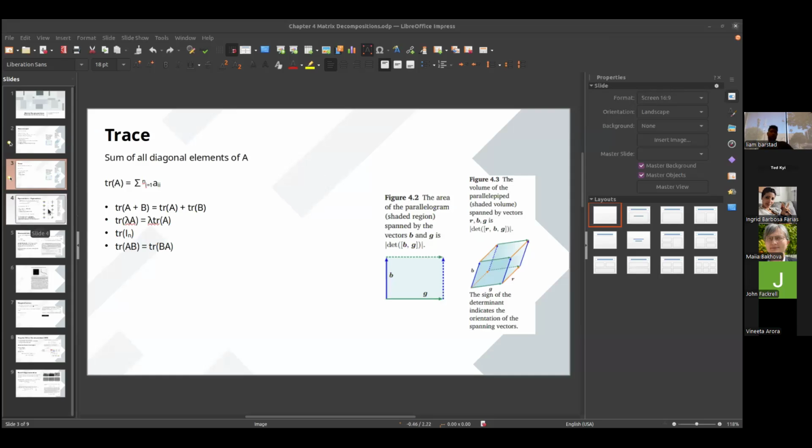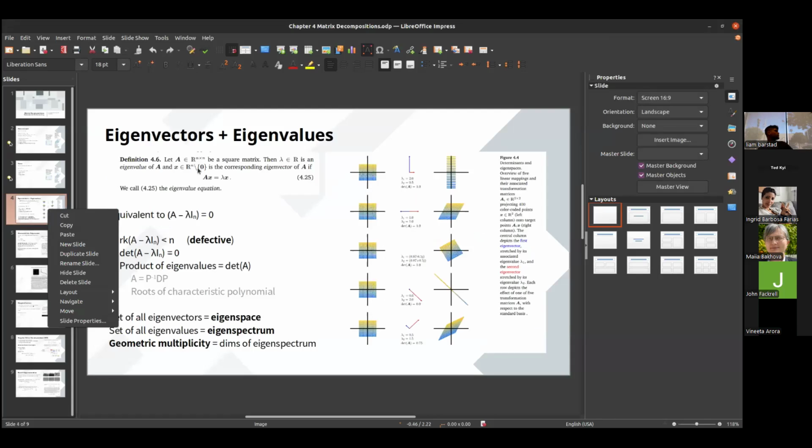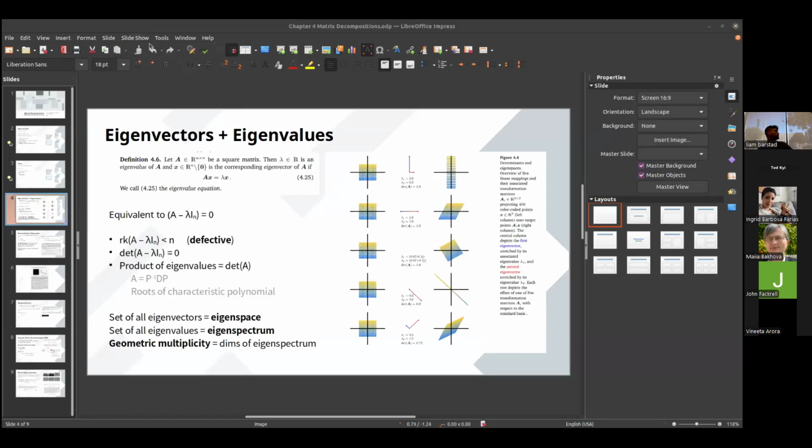Okay, so any closing remarks regarding the exercises or determinant or trace? Okay, I'll move on now. Okay, so now on to